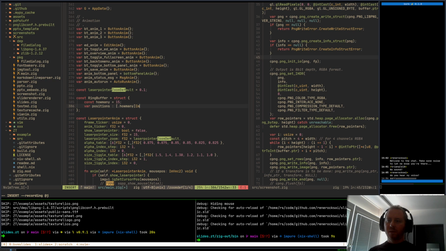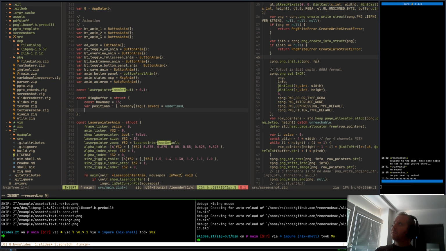Anyway, no, it's imgui. Is it undefined? Yes. Maybe an array list would be better. Anyway,